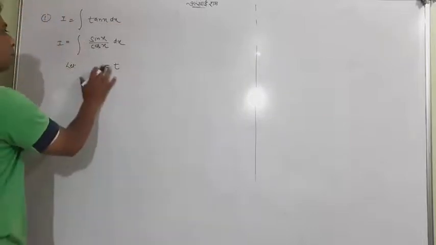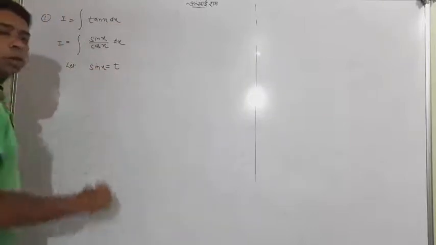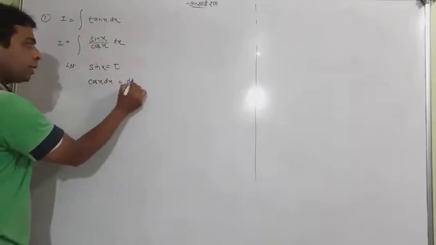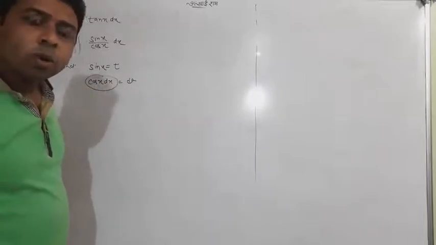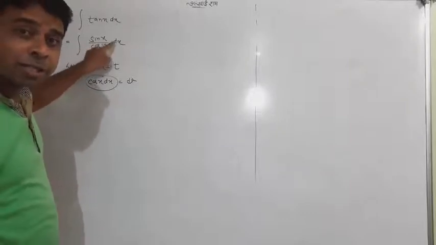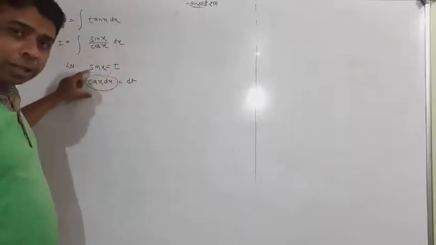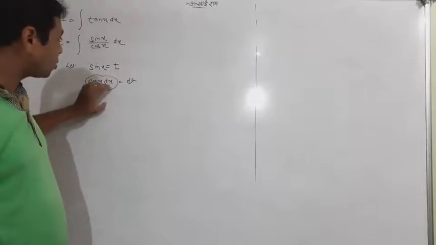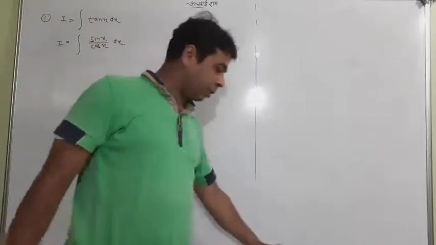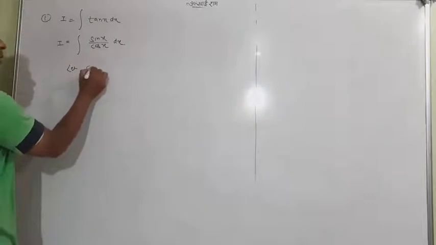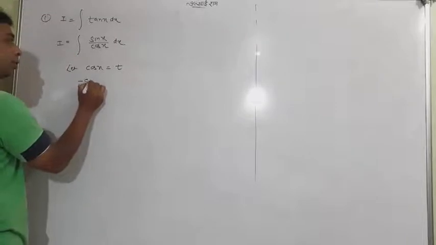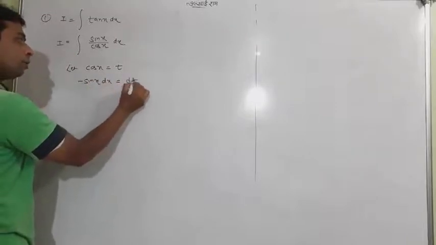Okay, look. If you write sin x is equal to t and do differentiation with respect to x, it is going to be cos x dx equal to dt, and try to understand that the cos x dx term is not in the question. Cos x is in the denominator and dx is in the numerator. So this is not the same, and you can't write cos x dx equal to dt here. So it's actually wrong. So what to do? You assume the denominator as t. Let cos x be equal to t. Do differentiation: minus sin x dx equal to dt.